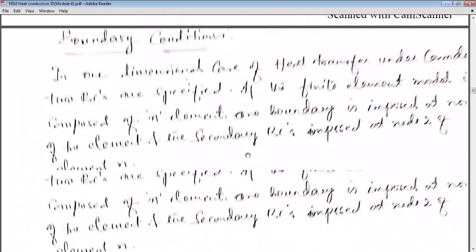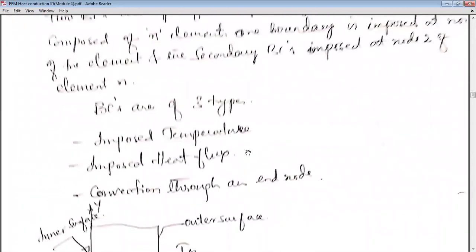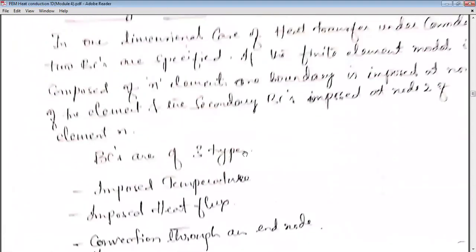Okay. Now boundary conditions. All of you know boundary conditions play an important role in the finite element method. A little blurred photo is there of the image of the nodes, please bear with me for this one sheet. So it's a 1D heat transfer. Proper boundary conditions have to be imposed. Otherwise, you will get a lot of poor answers. We call them poor solutions, and you have to repeat the steps. We call it iterations to be done.